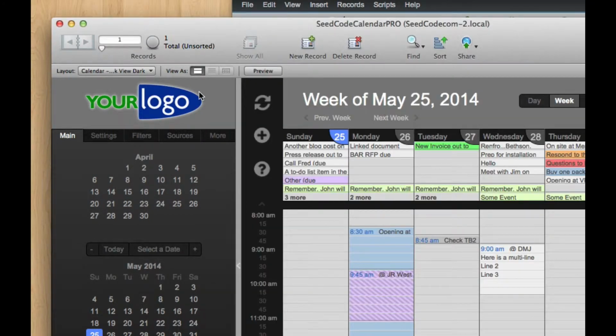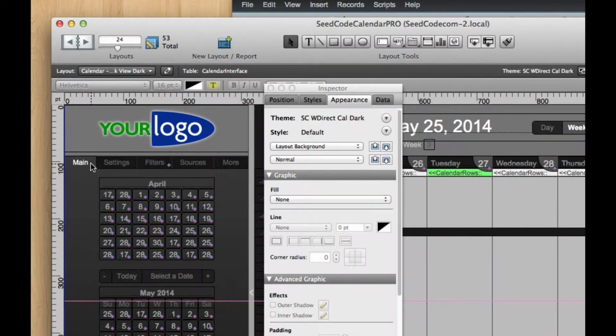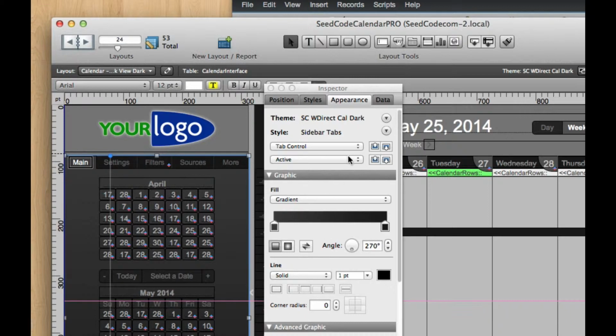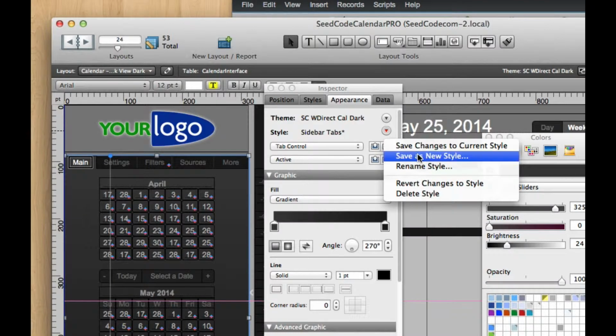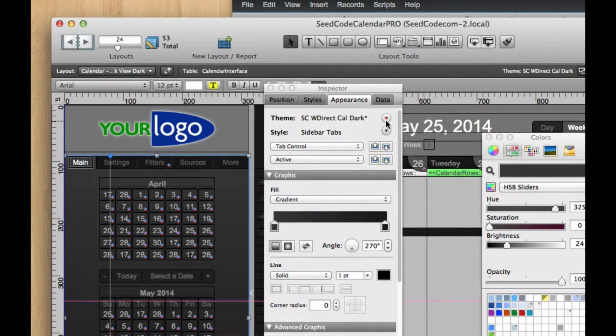So here's the workaround. So we drop in a layout mode and we just make any change. You can see you still have all the information here in Pro. But we just make any change so that the style changes. So I'm just going to darken this up just a hair. Great. And as soon as this goes red, we save the change to the current style, but we don't save